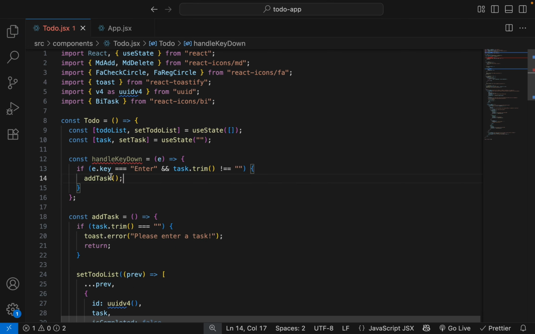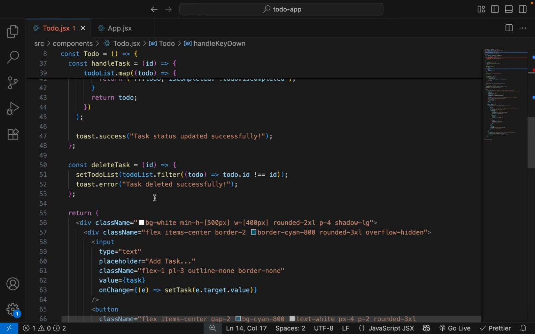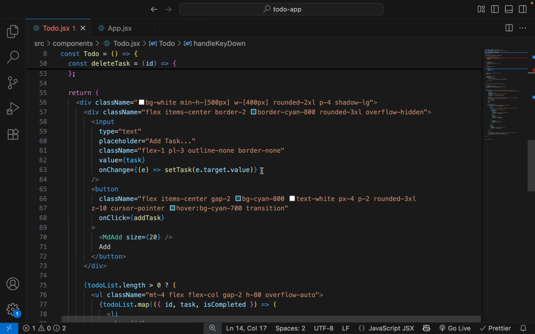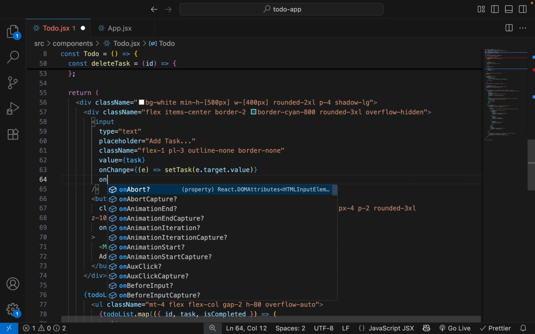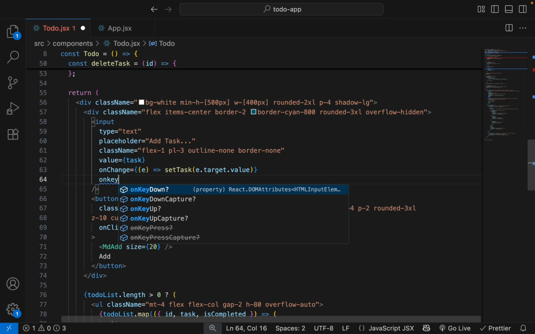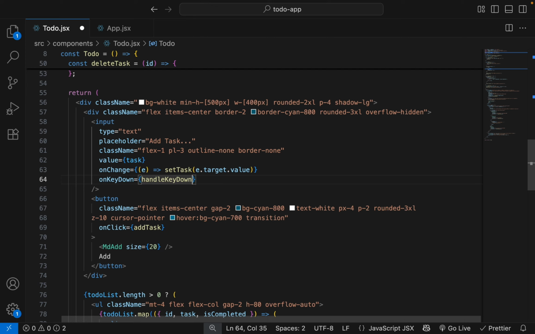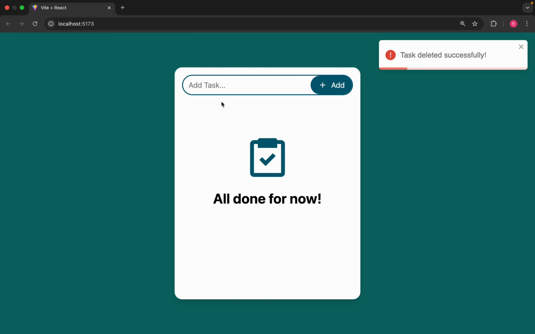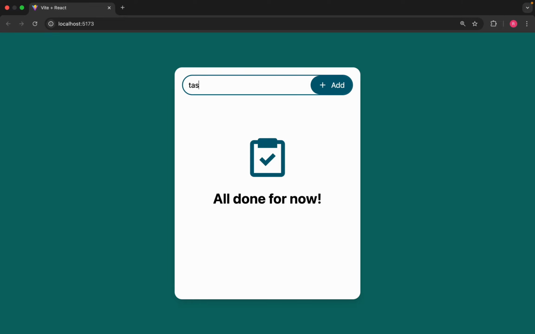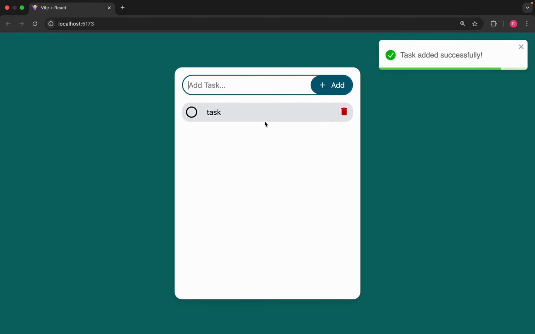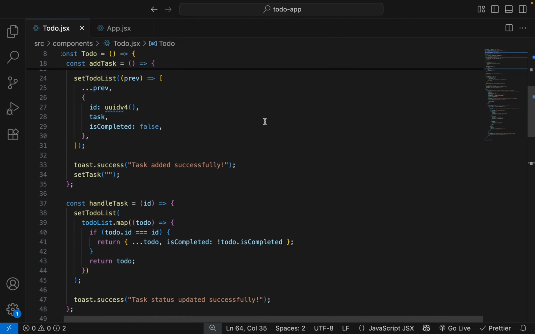If user press enter and task is not equal to empty, then invoke add task function. Now let's add this to input. On key down, handle key down, pressing. Let's check it's working or not. Adding a task, pressing enter, our task is added.